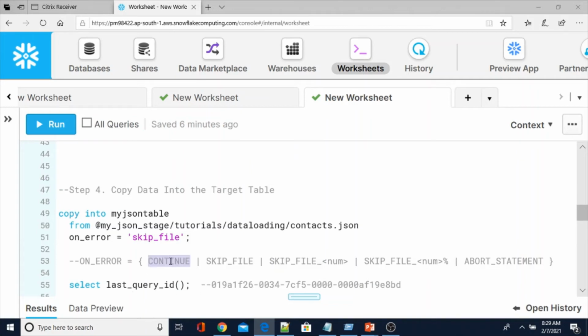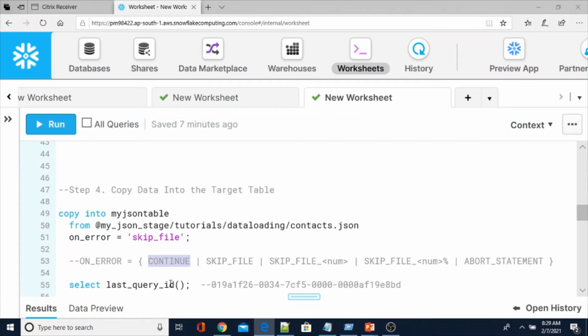Continue means, suppose here we are going to load only one file, but within that data loading folder, assume that we have multiple files. In that case, if any one of the files has invalid records, and I still want to continue loading the other files, we have to use on_error is equal to continue.